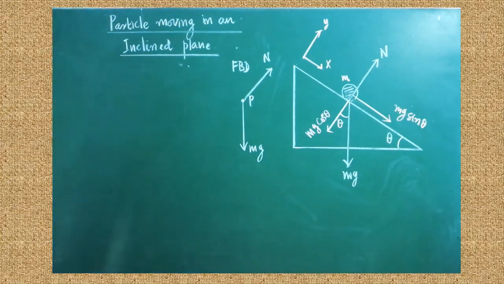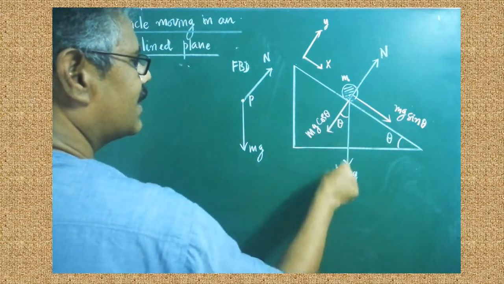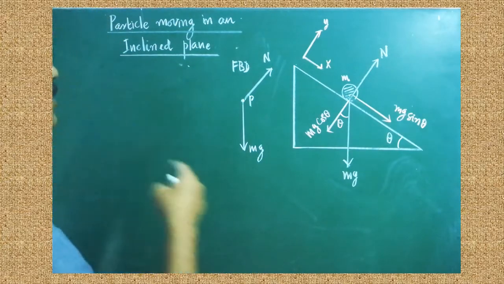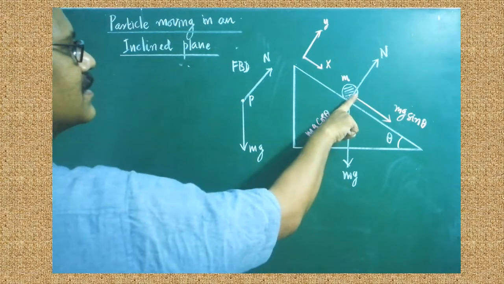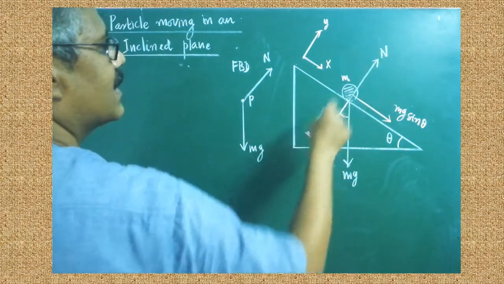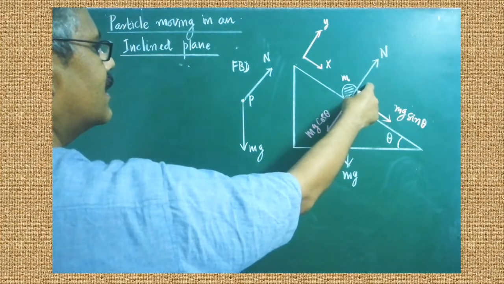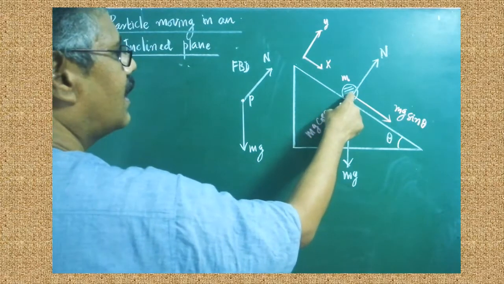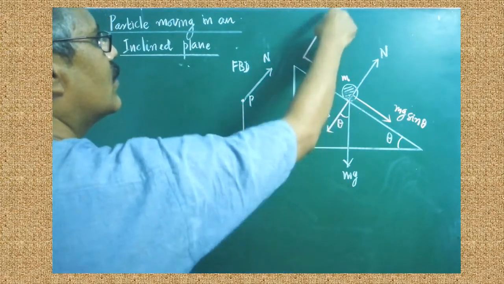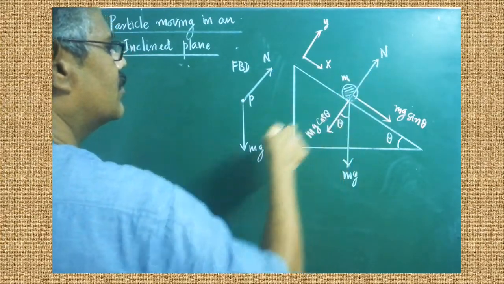In the second lesson itself we learned how vectors can be resolved. Gravitational force is also a vector, therefore we have resolved it into two components. See the direction of mg cos theta, it is acting in this direction. Just opposite in direction, the normal force is acting. Are you clear? Now these two can be taken into account and written in the form of an equation. Now we will see how many forces are acting along the y direction. Along the y direction alone must be considered.